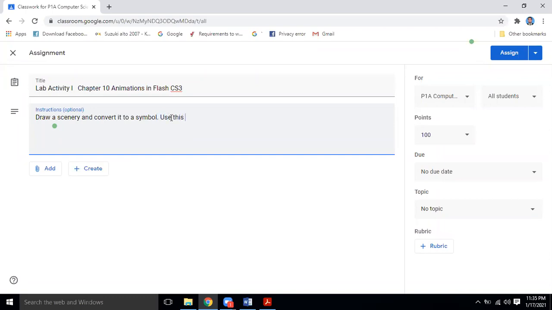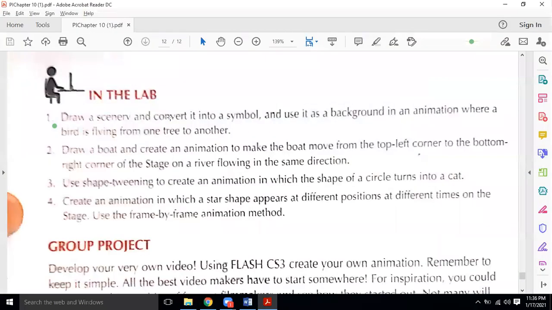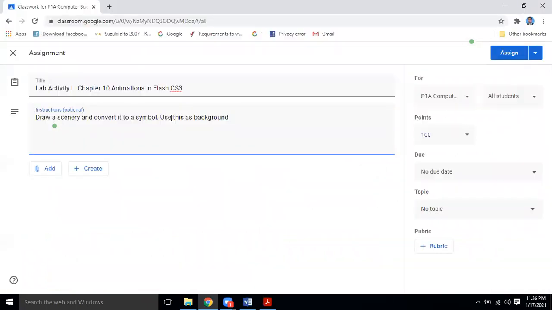Use this scenery as background, and what we have to show is an animation where a bird is flying from one tree to another.